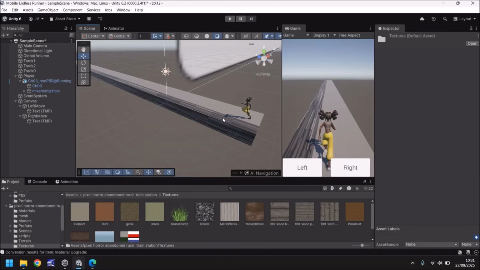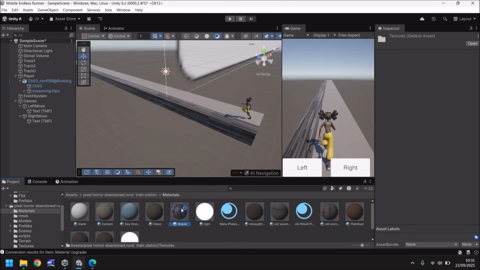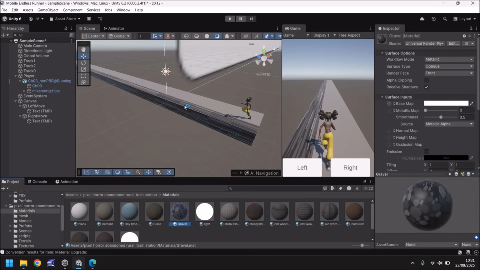It looks crazy. It looks absolutely crazy. But what we need to do is modify it. Now, when we've applied this texture to this object, the texture isn't on that object. What is actually on that object is a material. So this gravel material is now on this object and the texture is on this material. So you can think of it as like a chain. And because the material is attached to this, I'm not going to go into materials too much in this video,